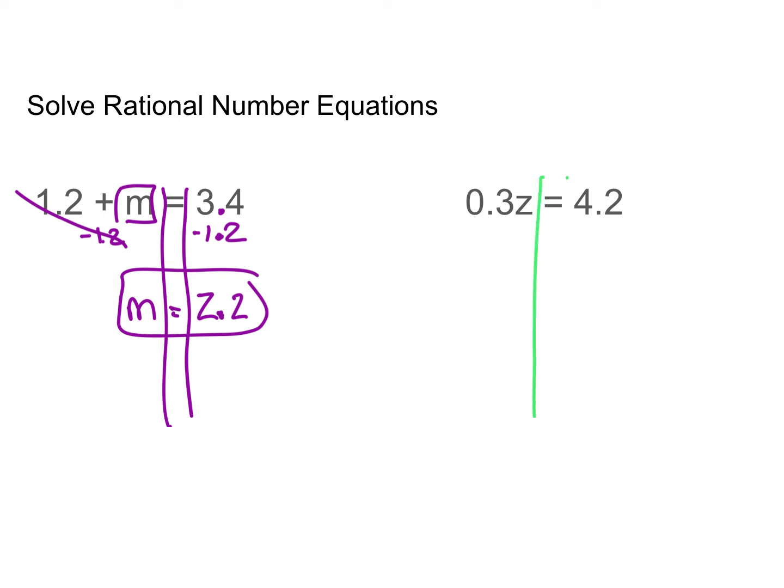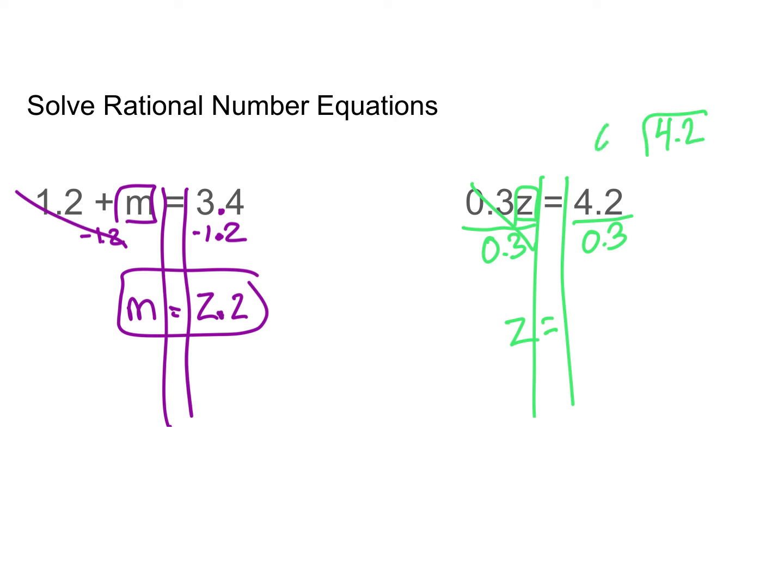All right, the next one, I noticed that the z is touching the 0.3, so that means right now it's being multiplied, so I need to divide by 0.3 in order to solve this problem. So z equals 4.2